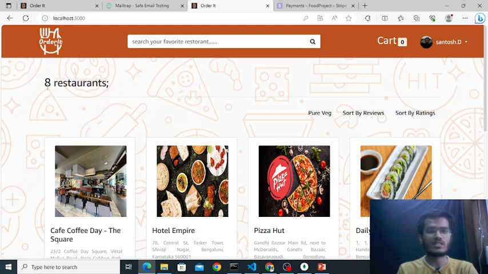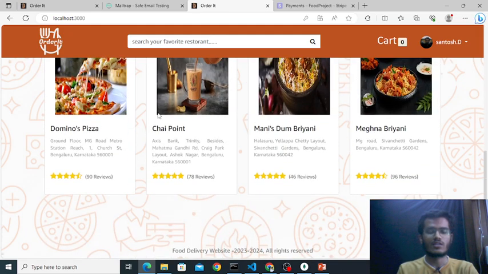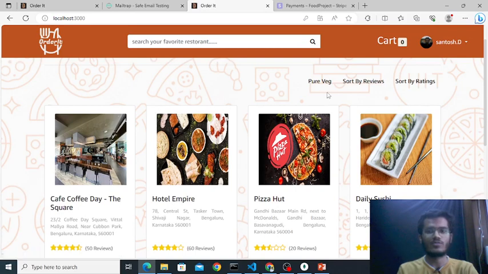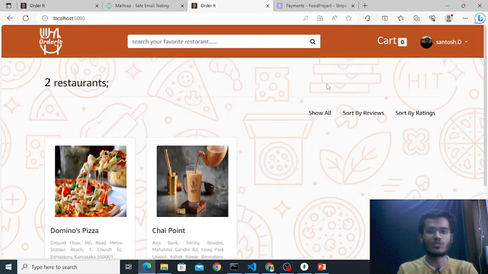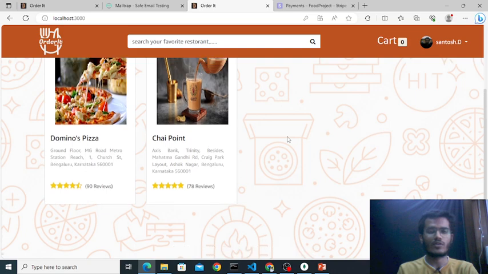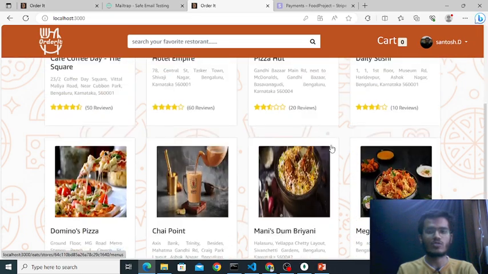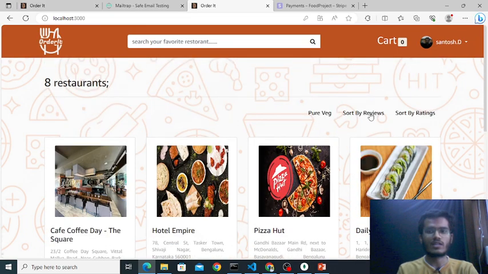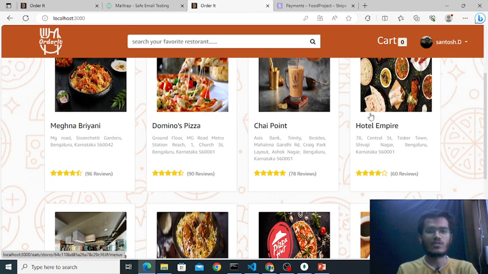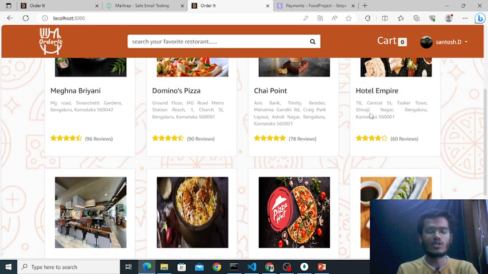Here is a count of 8 restaurants. If I click the pure veg option, only vegetarian items will show here. If I click show all, then all the items will be shown. If I click sort by review, the item which has more reviews will come first.